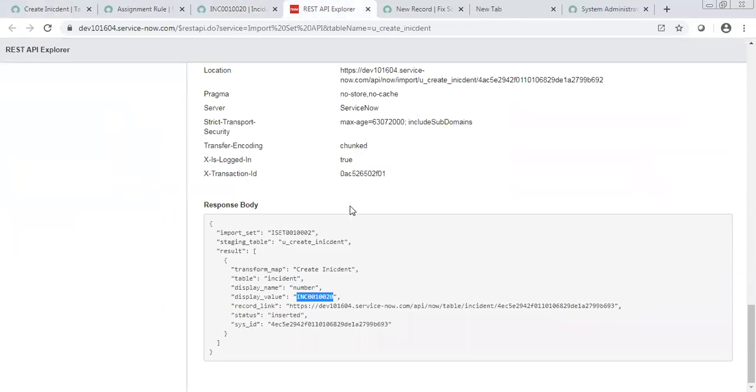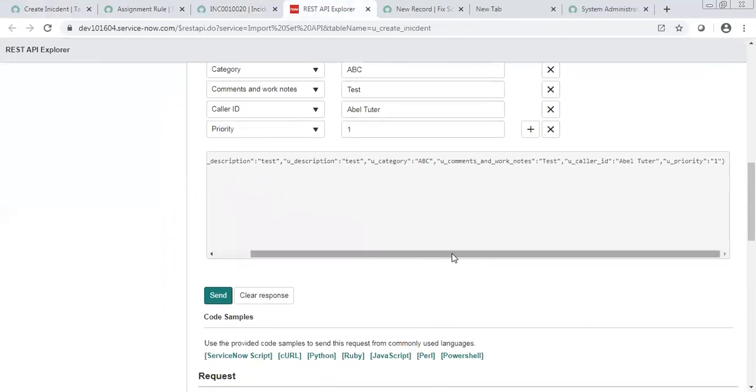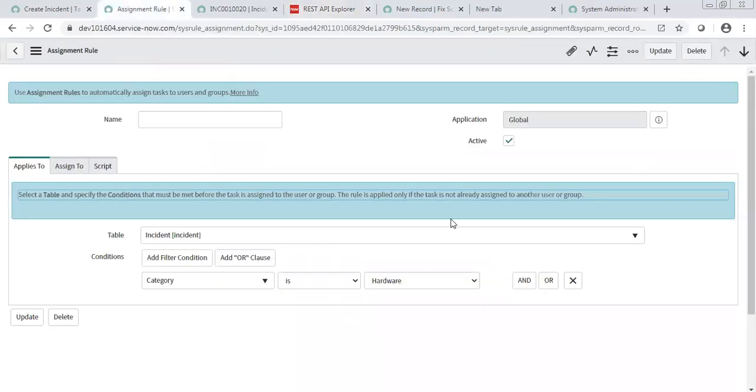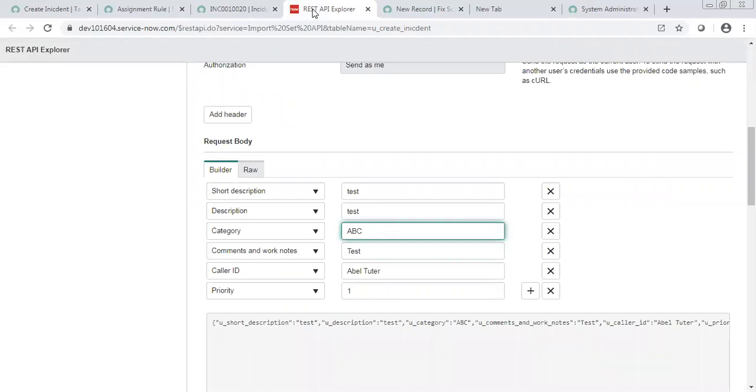So again, that is what I said, it varies. It is not mandatory that you always need the assignment group from a third party tool. It is a kind of mutual agreement or client process. Maybe they always want the service desk to be sent as the fix, then the service desk will decide which group it needs to go to. Maybe this assignment rule case can be there. Right now it didn't work, maybe we need to troubleshoot why. If all the assignment rules are already set up in the client environment, they don't want the third party tool to send the assignment group, because they will keep running based on the assignment rule set in their system.